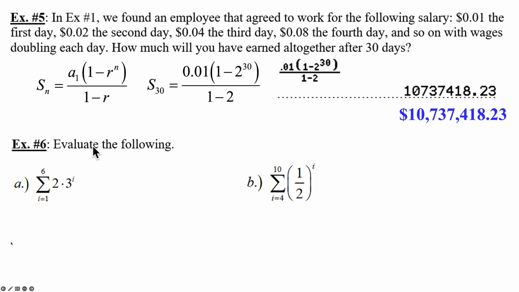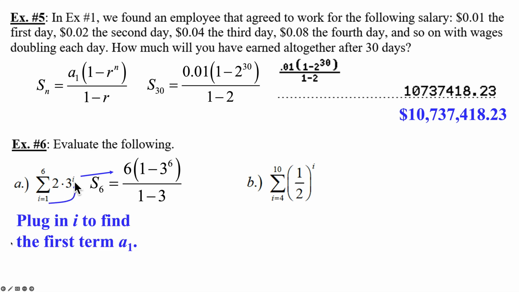All right, example number 6, evaluate the following. Okay, now we have a summation symbol. First thing we have to do is find our first term. So we're going to substitute the 1 into the i. That's going to be 3 to the first power, 2 times 3 is 6. That's my first term. We're going from 1 to 6, so the sum of 6 terms will equal 6 times 1 minus,